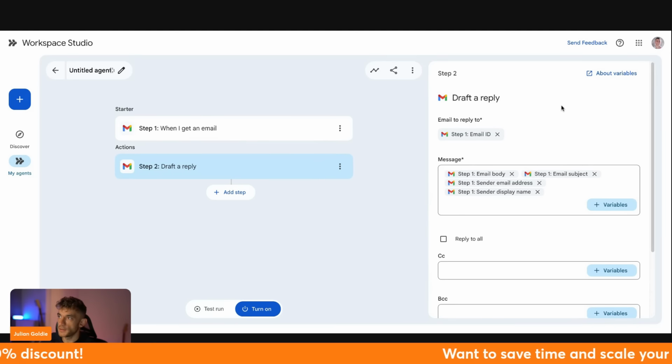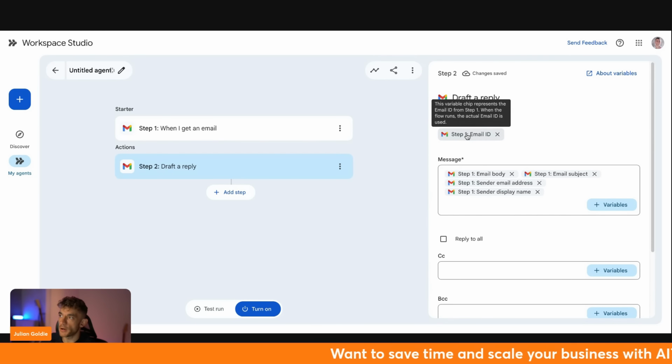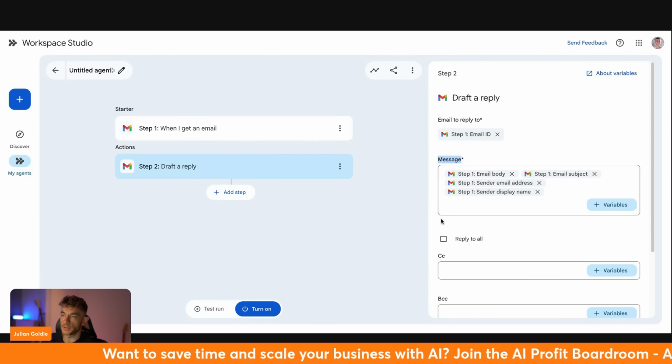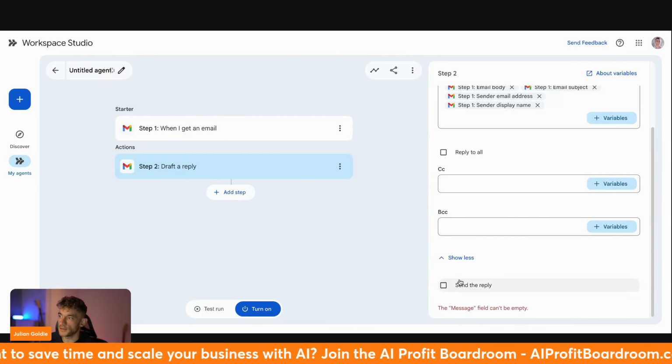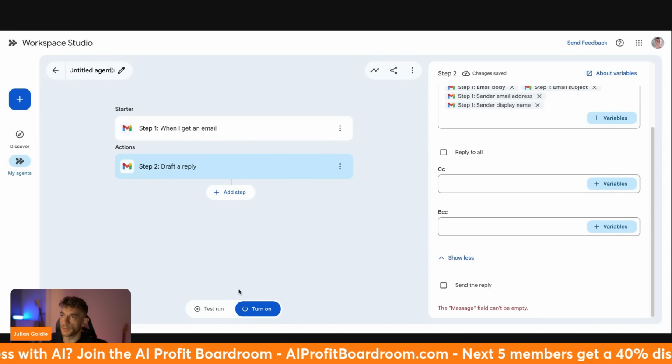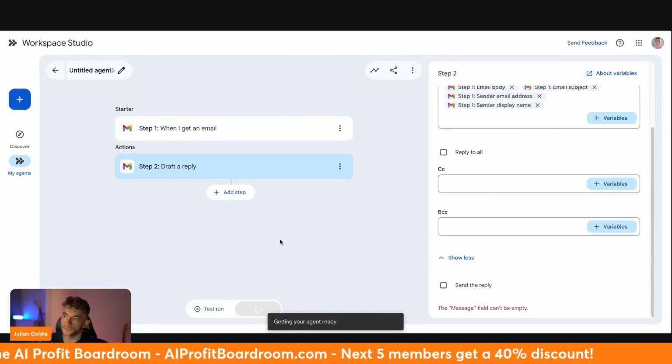Right? So we've got the email to reply to, which is basically the email ID, and the message, and this is taking all the variables from the original email. Then we've got the CC and BCC you can use if you want, and then you can choose to send the reply or not, but I'm just going to go with the basic. If we switch that on like so,